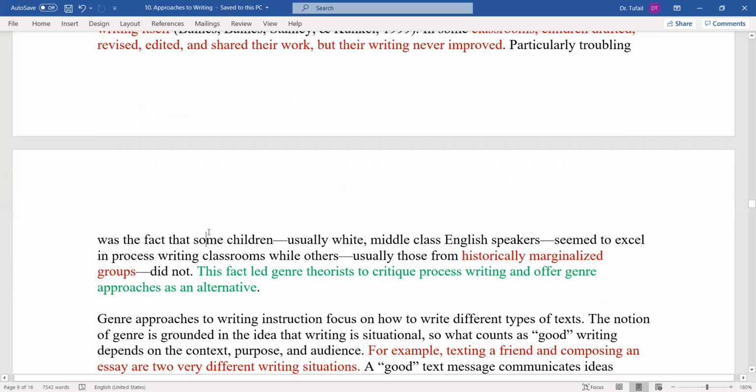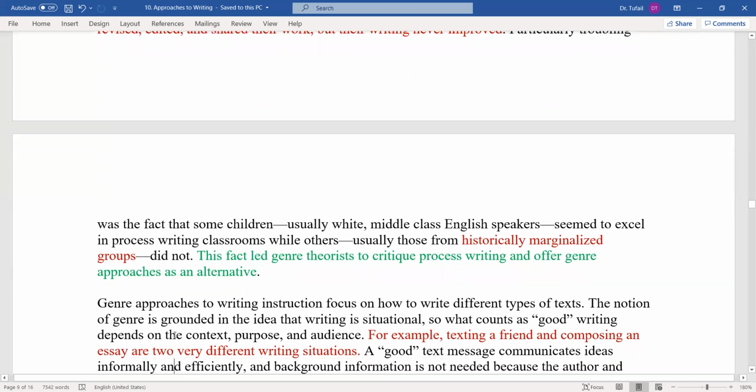Okay, वो students जो किसी साउंड बैकग्राउंड से थे, उनके पास वाकयात इवेंट वगैरह ज़्यादा थे, तो वो लिख जाते थे। जो हिस्टोरिकली मार्जिनलाइज्ड ग्रुप्स के थे, वो अपना नहीं लिख पाते थे और वो फिर पीछे रह जाते थे। Even in process writing, they did not benefit much. इसलिए फिर उन्होंने एक नई थियरी बनाई, they went to